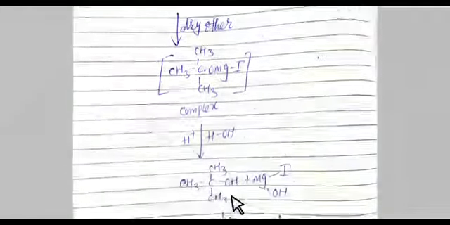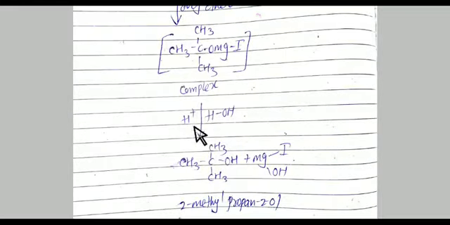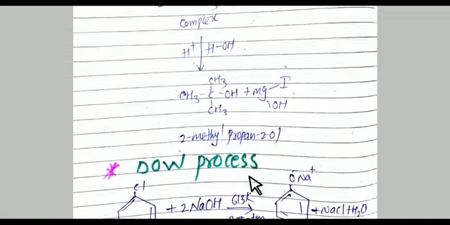Acid hydrolysis is carried out in the second reaction, meaning a water molecule reacts with this complex in the presence of acid, and magnesium and iodine react with the OH group, and hydrogen is attached here. So iodine and the OH group attach with magnesium, and hydrogen is attached here, so it will form 2-methyl propan-2-ol, or tertiary butyl alcohol. So this is a simple reaction.